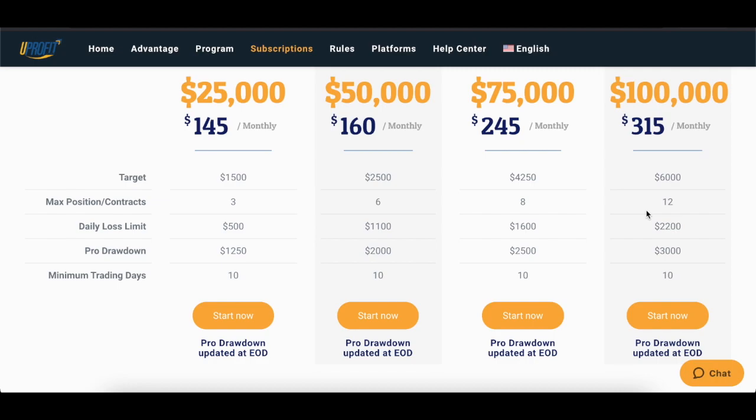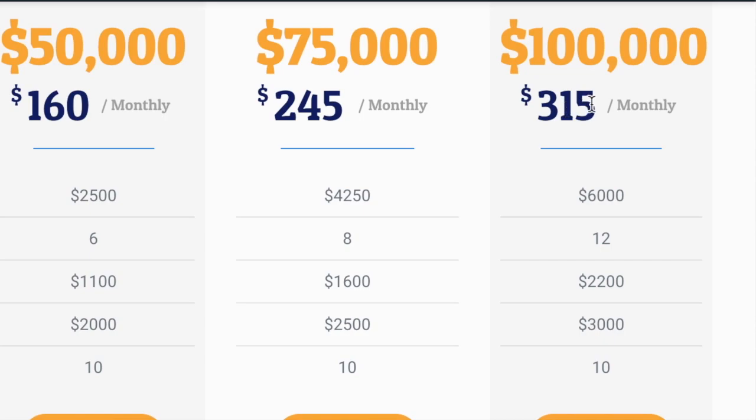I'm looking at this as if I was going to be signing up. So 100K account, 315 monthly. I would say this is pretty much middle of the road. I'm not going to bring up all the other sites and do an elaborate comparison, but in my experience, 315 is going to be similar to a OneUp Trader, an Earn to Trade. TopStep's a little bit pricier, but it's right in the same ballpark. And I think these all pretty much are, from my experience. I know the 50K is, so etc. These are also fairly standard.